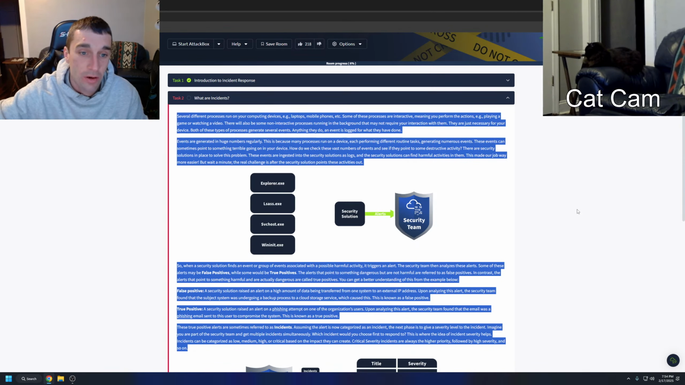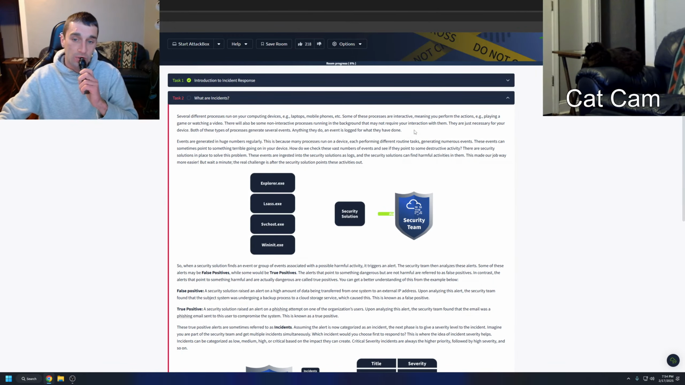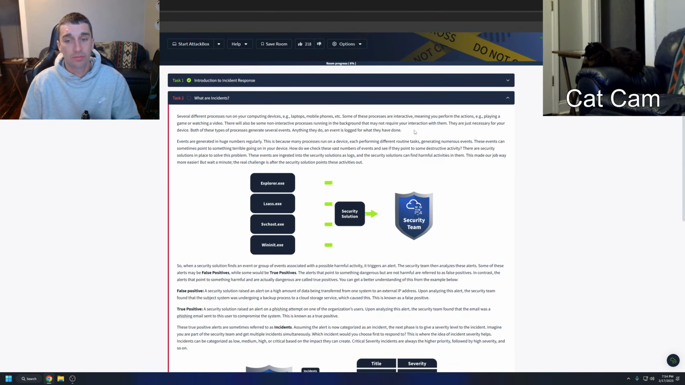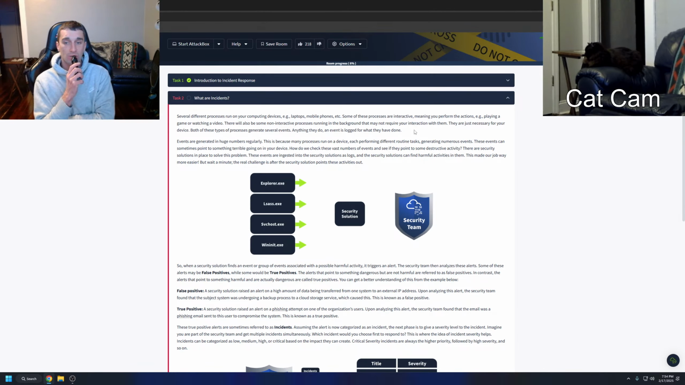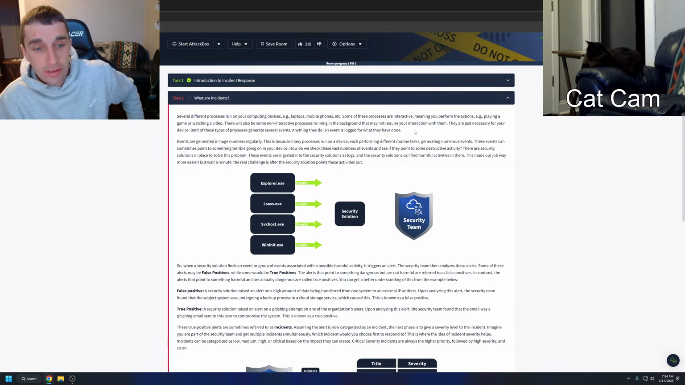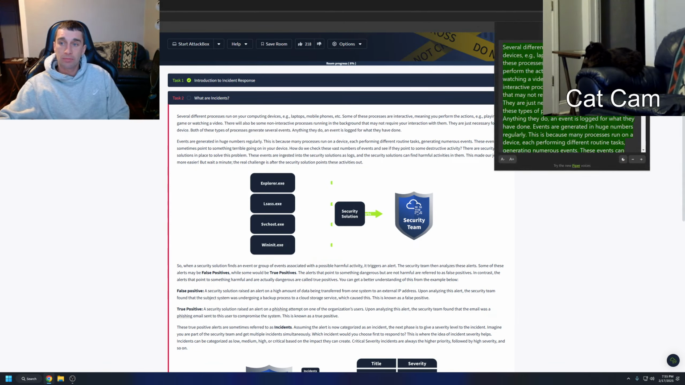Several different processes run on your computing devices, for example laptops, mobile phones, etc. Some of these processes are interactive, meaning you perform the actions, for example playing a game or watching a video. There will also be some non-interactive processes running in the background that may not require your interaction with them. They are just necessary for your device. Both of these types of processes generate several events. Anything they do, an event is logged for what they have done. Events are generated in huge numbers regularly. This is because many processes run on a device, each performing different